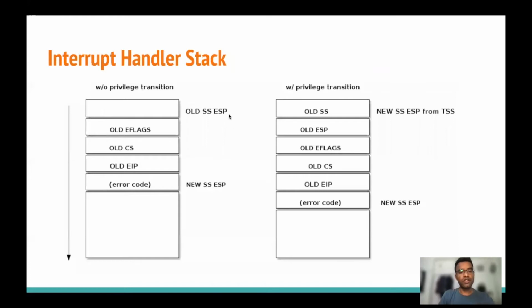When we receive an interrupt, the processor saves the currently running process state onto a stack, and that stack is specific to interrupts. That is called the interrupt stack. It stores EFLAGS, CS, EIP, and sometimes an error code, and then it loads the interrupt handler to process the raised interrupt from a device.